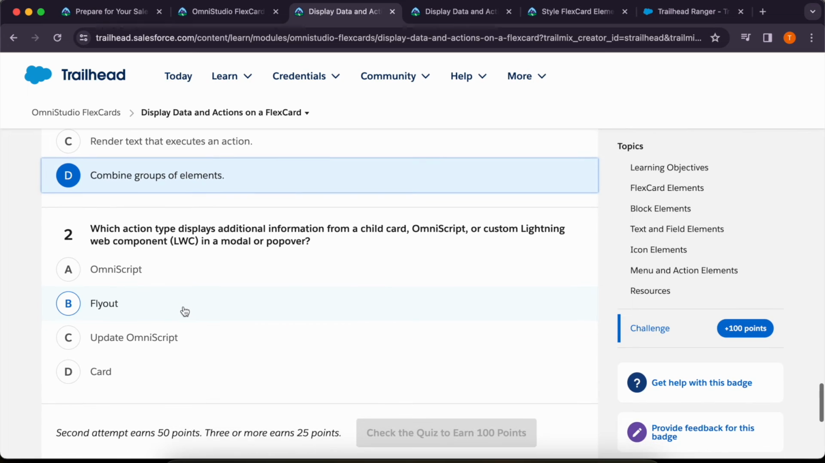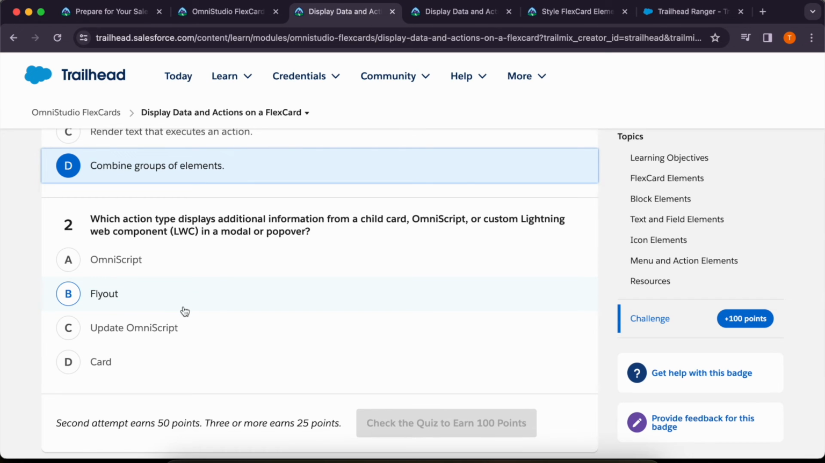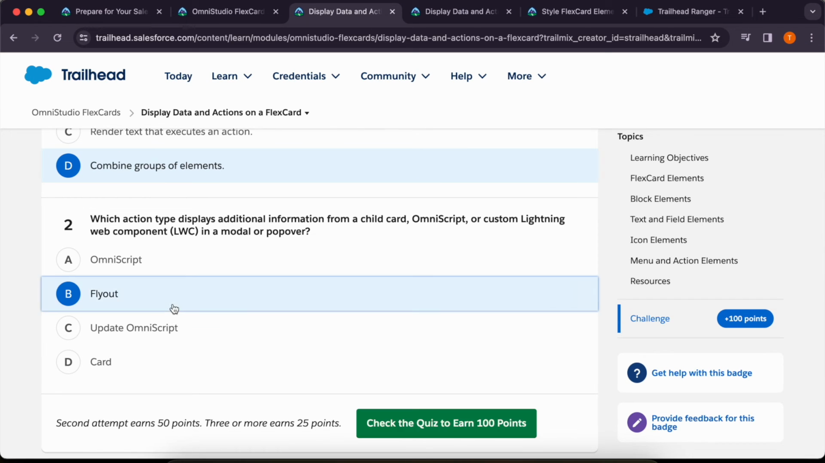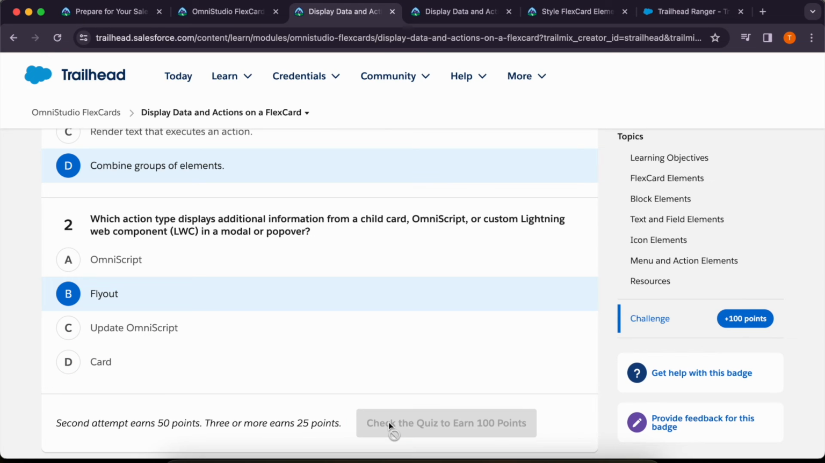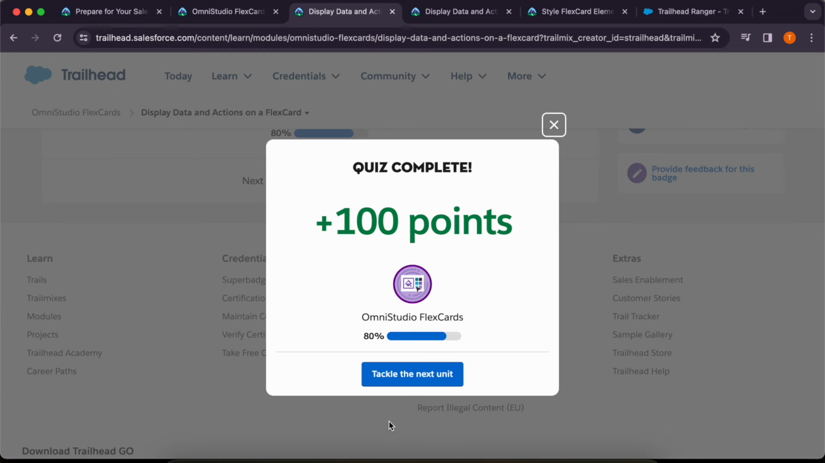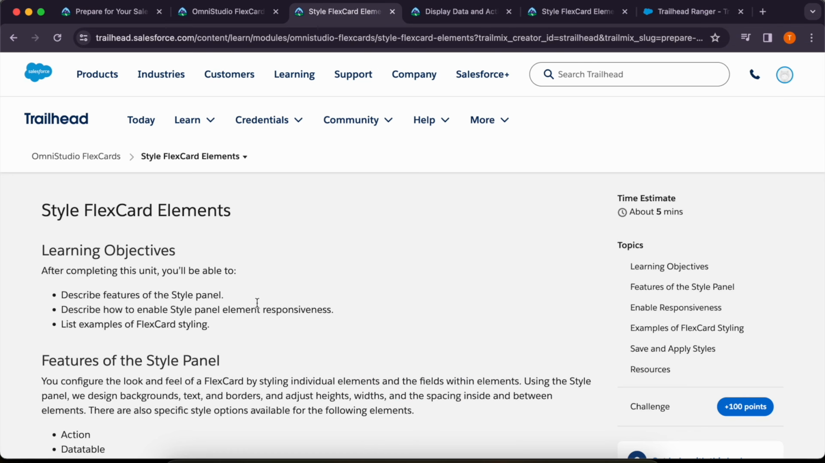Then second quiz is, which action type displays additional information from a child card, Omniscript, or custom Lightning Web component in a modal pop or popover. So that is flyout. So we can check that. So this is completed. Now let's move on to the last quiz of this